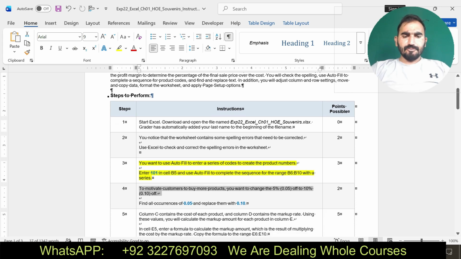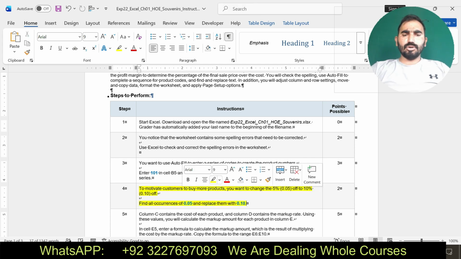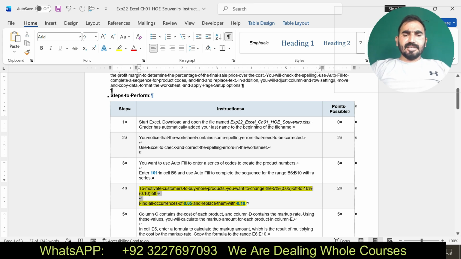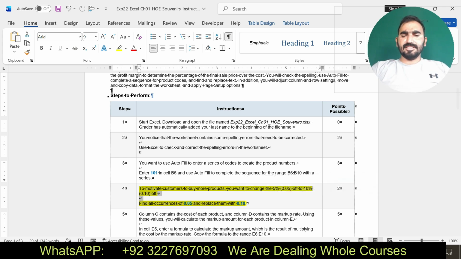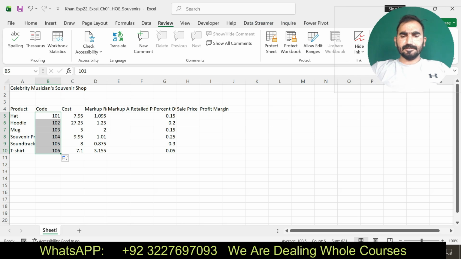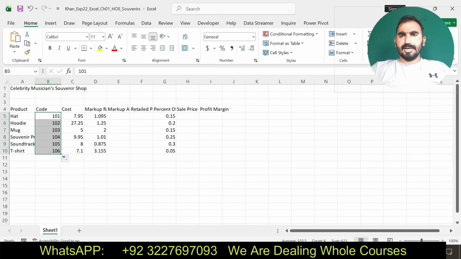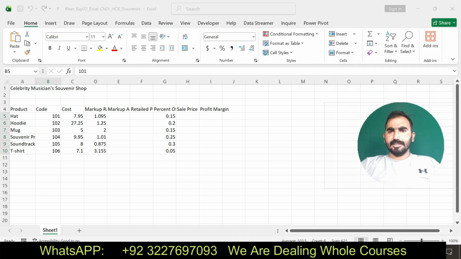Step number 4. Find all occurrences of 0.05 and replace them with 0.10. Now I am going to do step number 4. Here you can see it says find all occurrences of 0.05 and replace them with 0.10. Okay, I am going to do this in the Home tab, and you can see here Find and Replace.